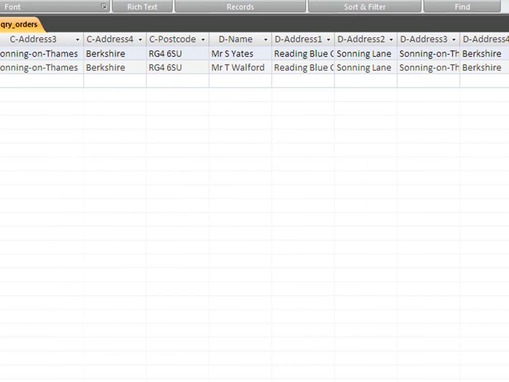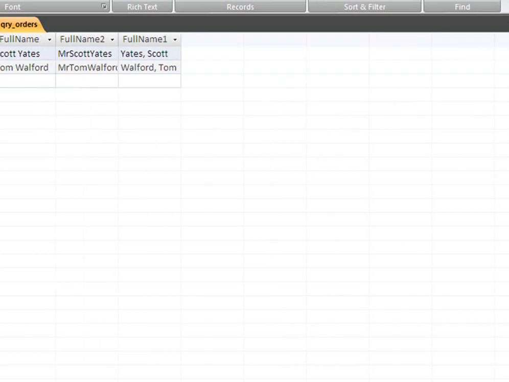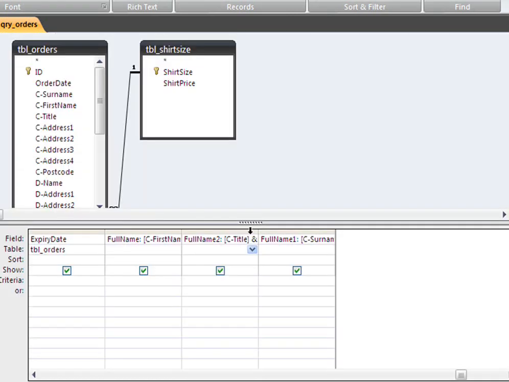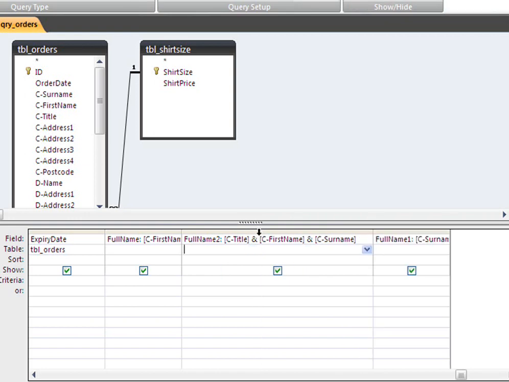Now this one, I haven't put any spaces in it yet. What we also want to do is to not have the full name in the middle. If we just stick those spaces in first,